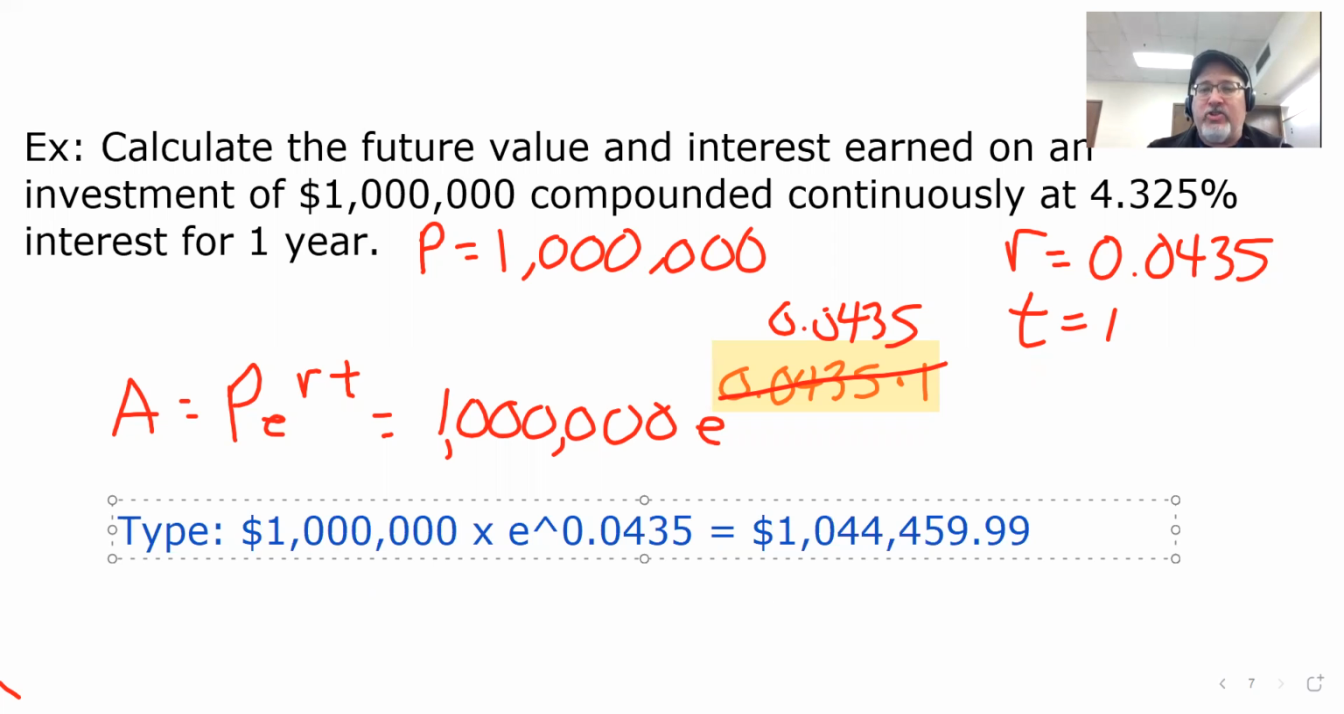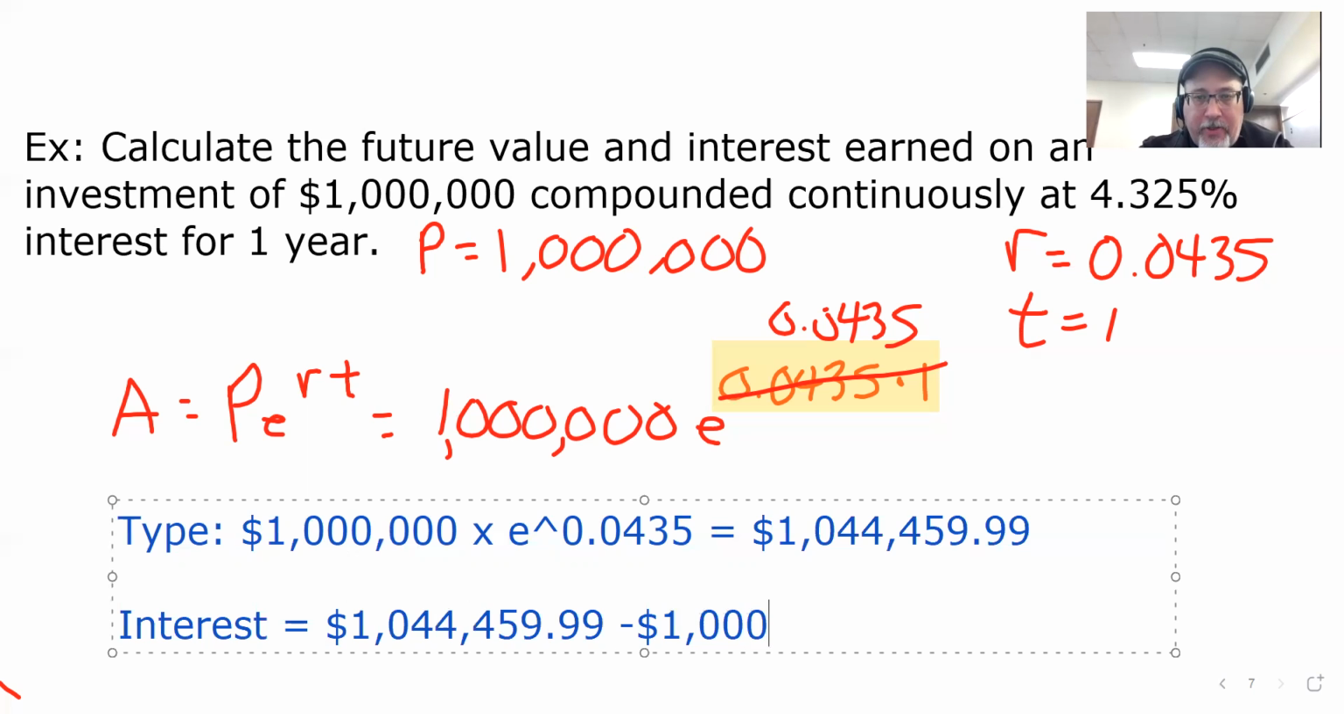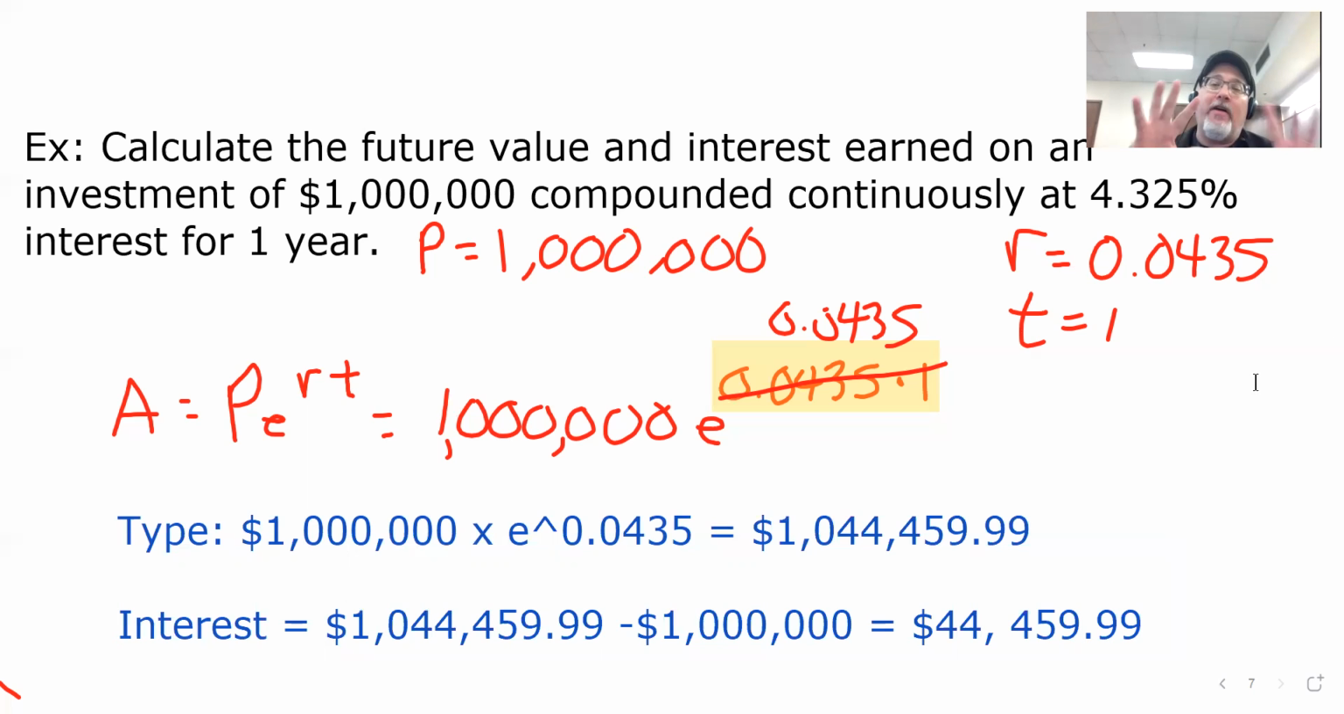All right, so if you got that answer, that's great. But what interest is earned? Well, the interest is how much we have in the future, $1,044,459.99, minus the $1 million that we started with, equals $44,459.99. So in this fictitious scenario, if you have $1 million and you can get a 4.325%, oh, I just